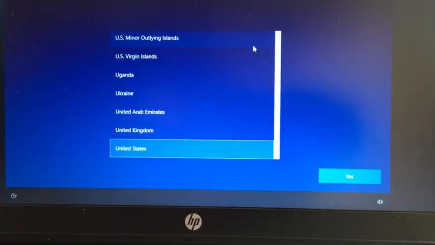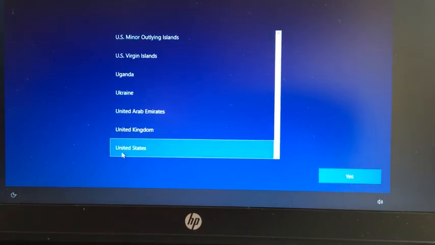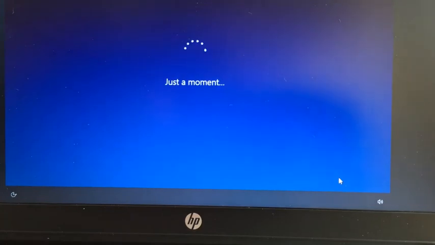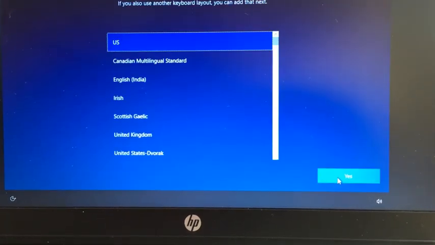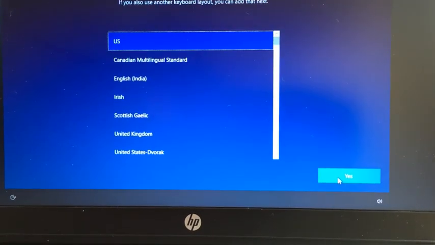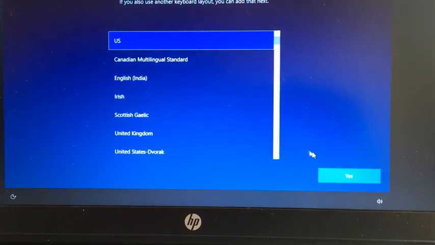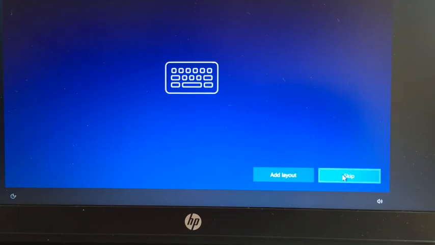So Windows is getting started now, so you can select the region. I will just keep this as default, say yes. Then the keyboard layout, I'll keep it default. Then it asks if I want to add a second keyboard layout, I'll skip this at this moment.